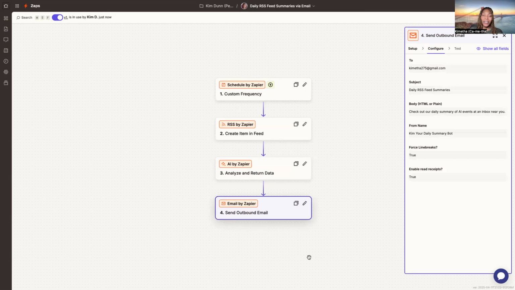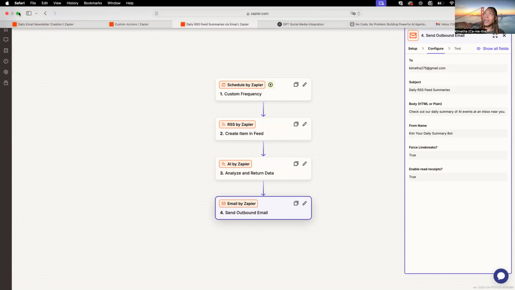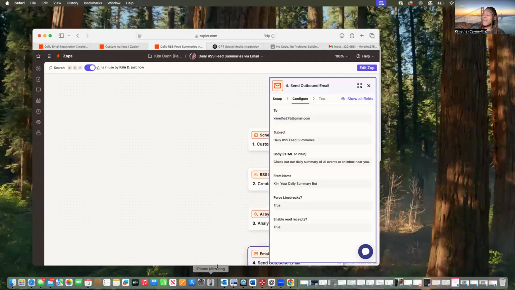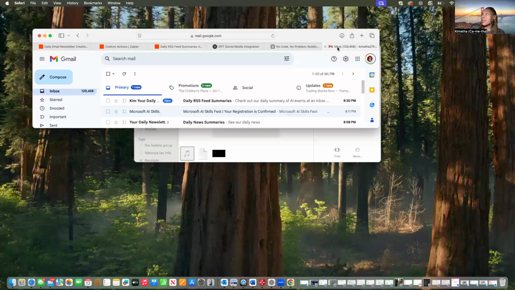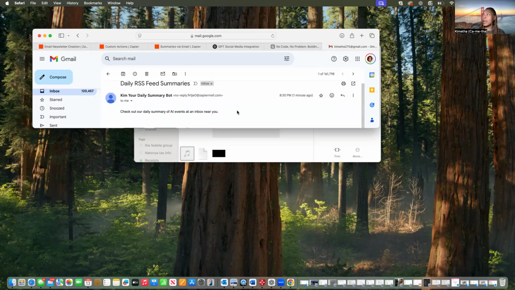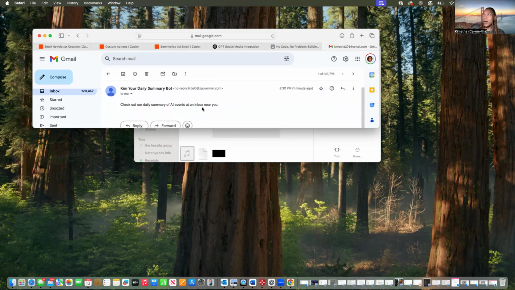You can see here, this is the result. And then lastly, I'm saying thank you and goodbye. We need to see if it works. So let's check my email. I'm going to make this smaller just so you guys will see everything about me. So let me make this a little smaller. We're going to go to my email and see if it's there. And look at that. At 8:30, we got us a daily RSS feed, and it's telling me to check out my daily summaries, and